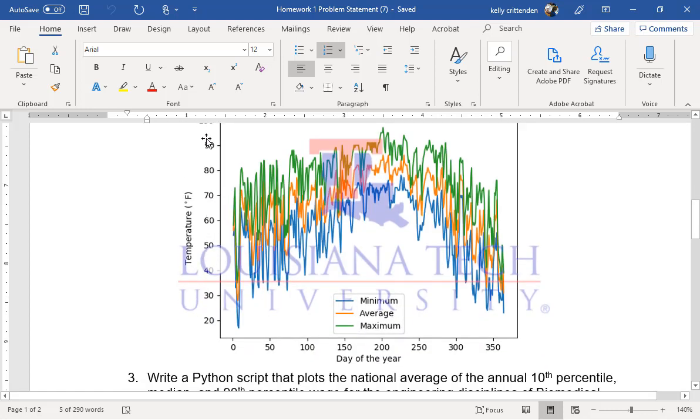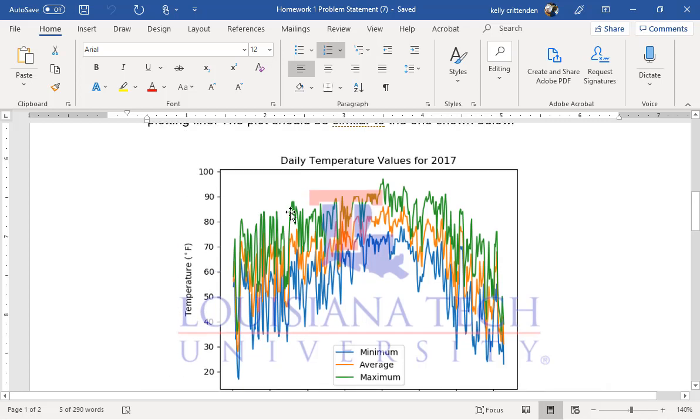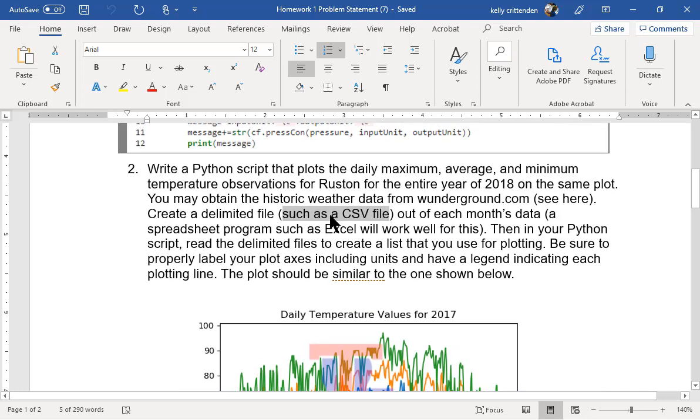Like the y-axis wouldn't necessarily be ordered. It would just be whatever order they showed up in the list. And so that could be a problem. So there's little details in there that are hard to track down on what's going wrong. And a lot of them go back to, did you get the CSV file created correctly? But this one, you would basically take what we had for that NCAA football and use that as your base for getting the CSV file in. You have to go to the Weather Underground site and download the data to begin with,